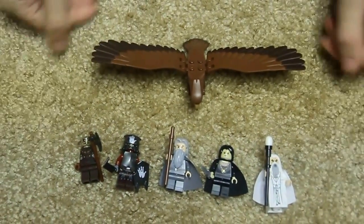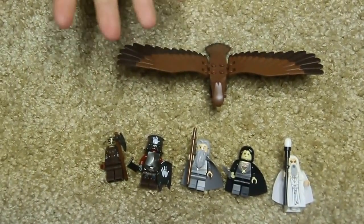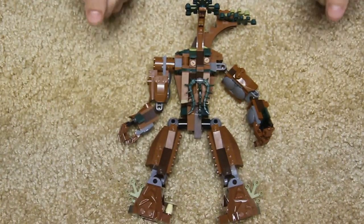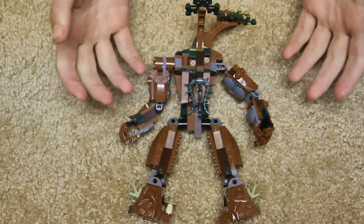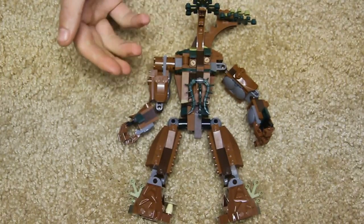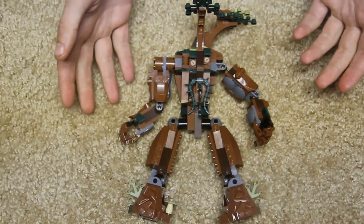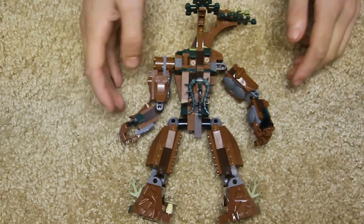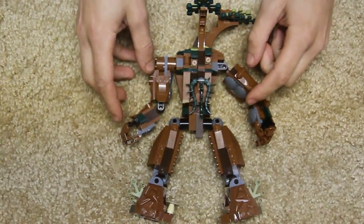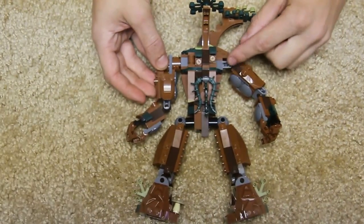But now that we've taken a look at our figures specifically, we can of course go ahead and take a look at the Ent. Alright, so here we have the Ent. Now, if you saw the recent vlog video, the episode 2, you saw Yoni and I building this, and you actually saw that Yoni built this guy himself. So I talked to him about building it, and he said it was very similar to the old Bionicle with these new pieces here, but the whole chunk and everything was kind of like building an Exoforce guy